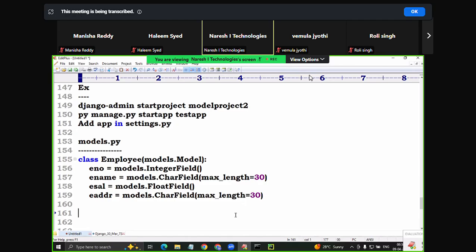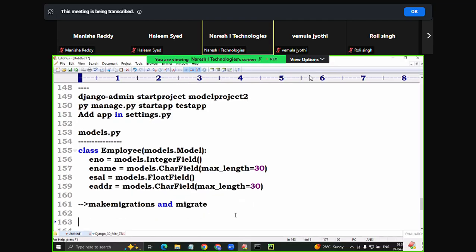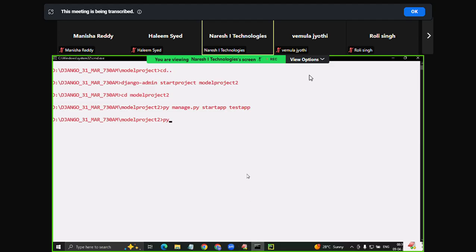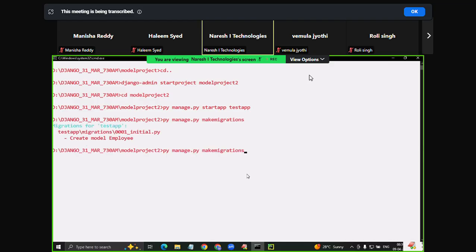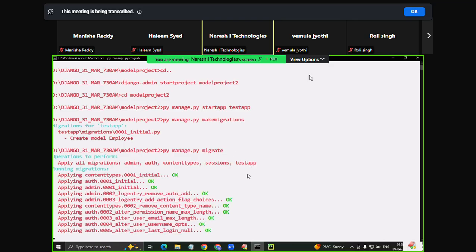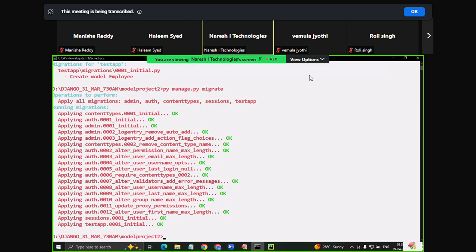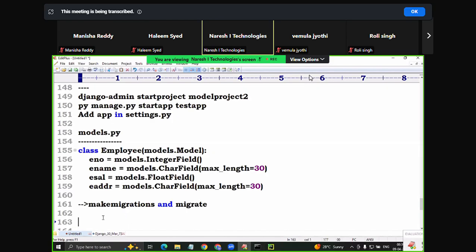So once the model class is ready, next one, makemigrations and migrate. I'm not giving the command, see this. What is the command? py manage.py makemigrations. Next, migrate. Tables are ready. Once makemigrations is done, go to